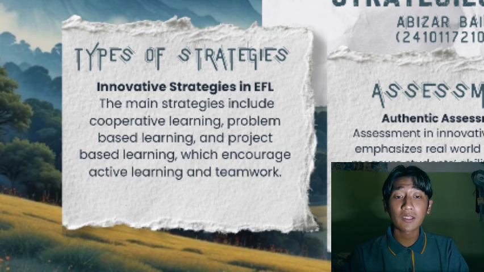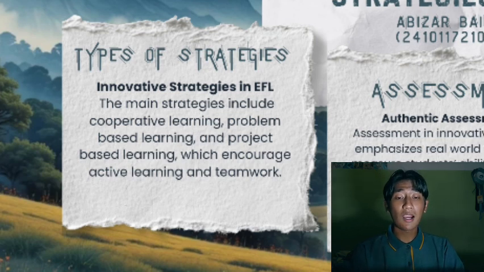First, let's talk about cooperative learning. Cooperative learning is a strategy where students work together in small groups to achieve learning goals. Through group work, students can share ideas, help each other, and develop communication and teamwork skills. This strategy encourages students to take responsibility not only for their own learning but also for their group members. However, cooperative learning requires clear rules and good classroom management to ensure that all students participate actively. So, in cooperative learning, students are trained to work together in a team, in a group.